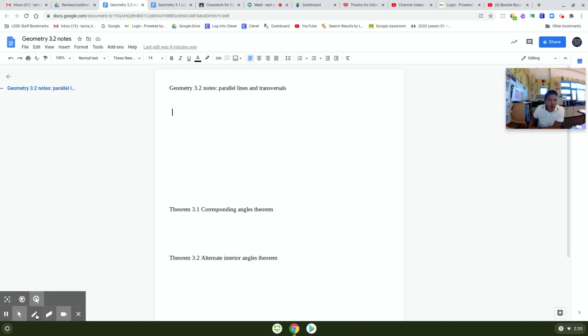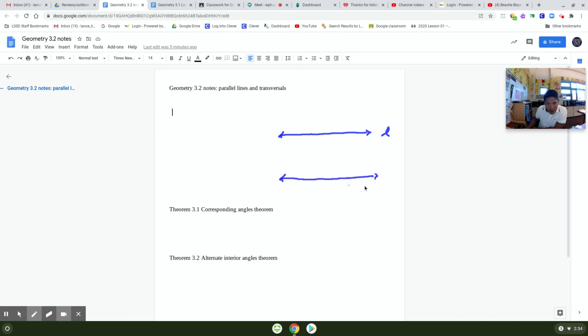So in 3.1, we talked about two lines intersected by a transversal. In 3.2, we'll get a little bit more specific and then go over two parallel lines intersected by a transversal. If I could draw things correctly, let me draw that a little bit better. But if I have two parallel lines, I'm going to try to make this somewhat of a horizontal line. I'm just going to call that line L. A second line,